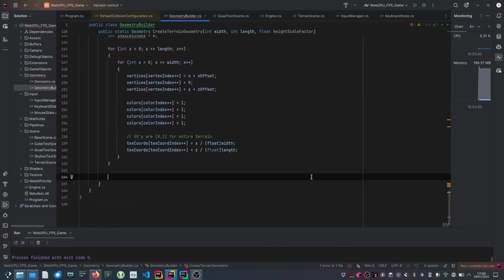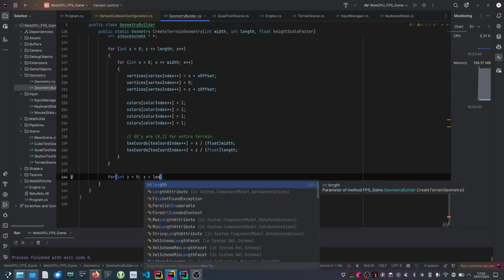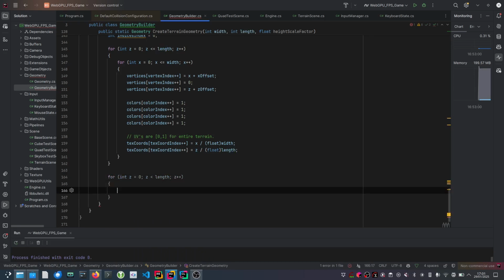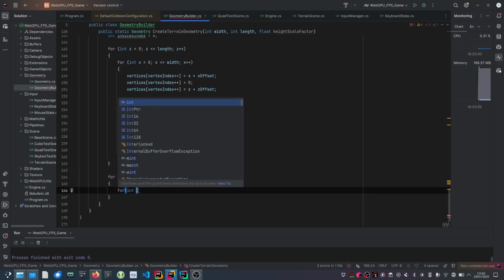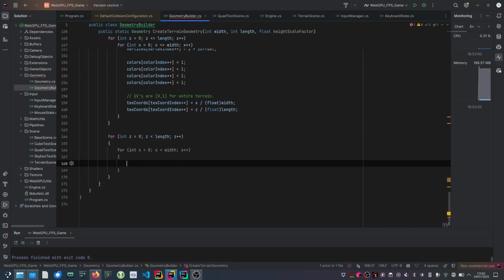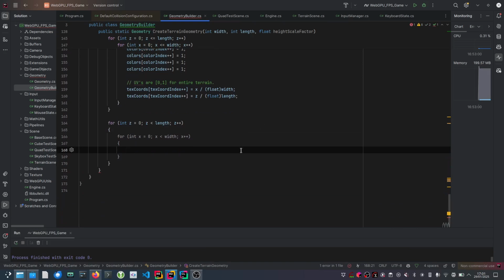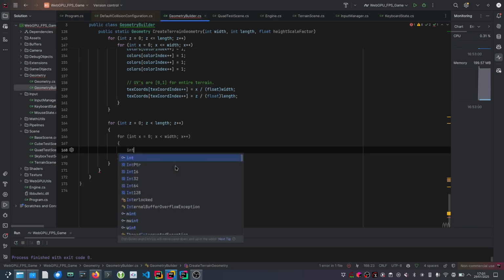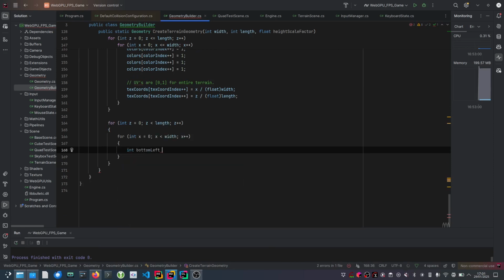So we can go further. So we just need to create indices now. For x equals 0, x is less than, oh, sorry, width, right? So here we need width, and we can create those indices, right? So yeah, so we're just going to create our indices for quad here, and we can say bottom left is equal,